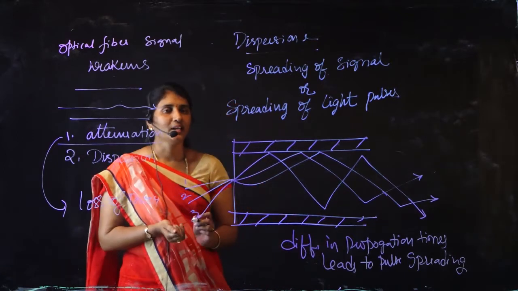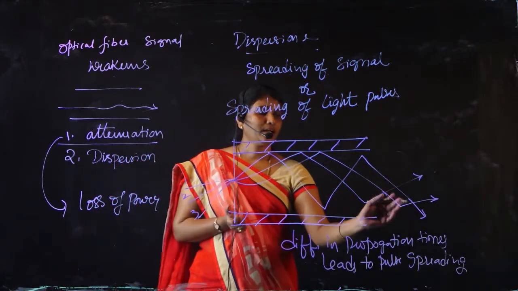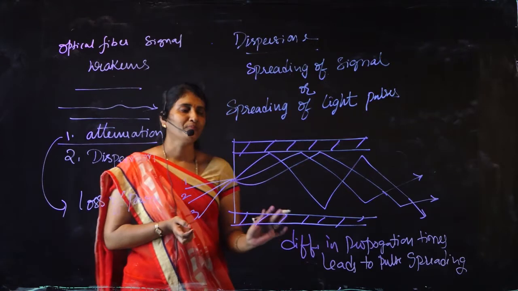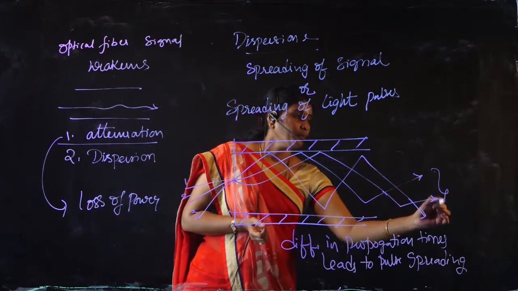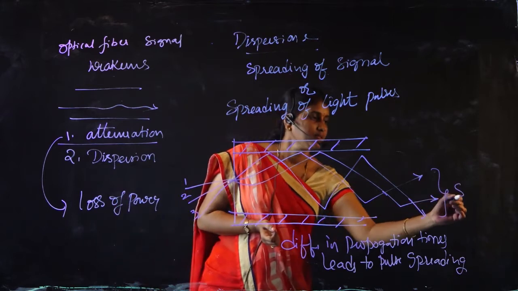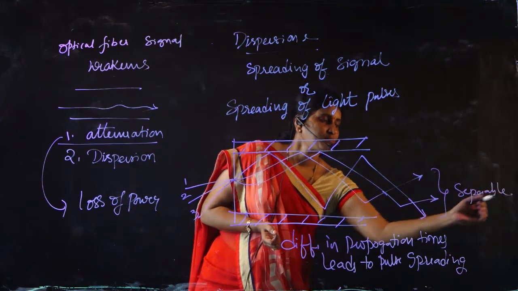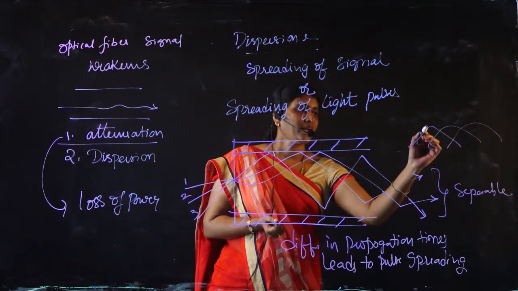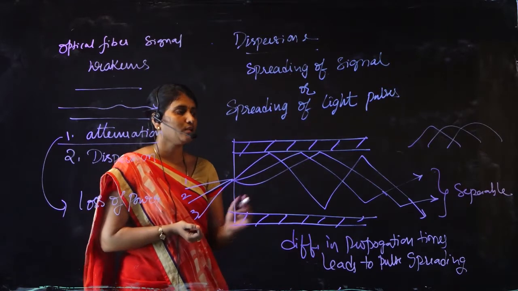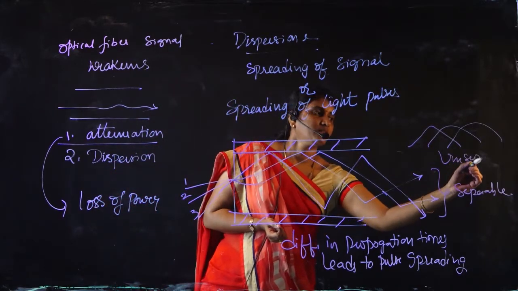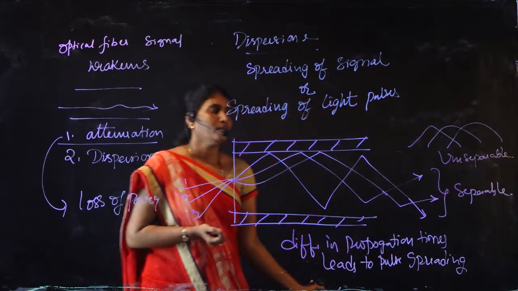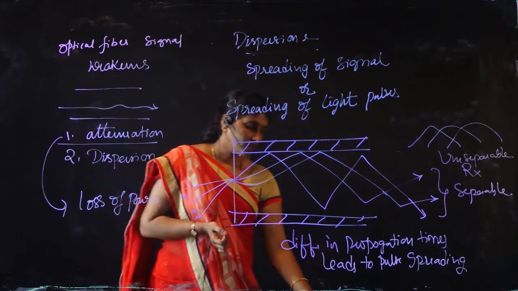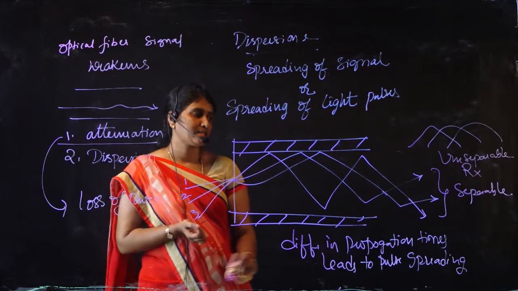When this pulse spreading is separable, that means until and unless we can separate these signals at the receiver end, the pulse spreading is a positive thing. That means it is bearable until and unless it is separable. If the pulse spreading becomes inseparable, that means the signals are getting mixed up with one another and we cannot differentiate one signal from another, then those are inseparable signals and we can no more retrieve the original one at the receiver end. Then the dispersion will be the worst thing that we can see in the signal transmission.